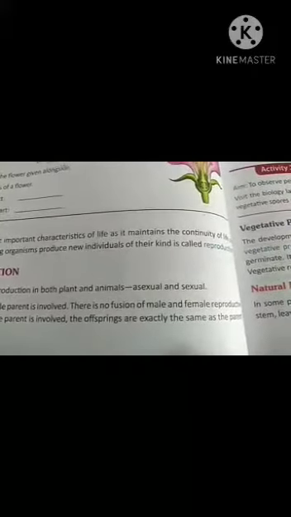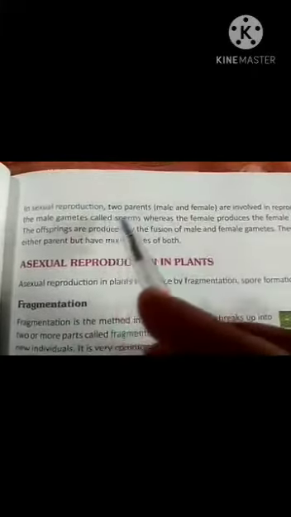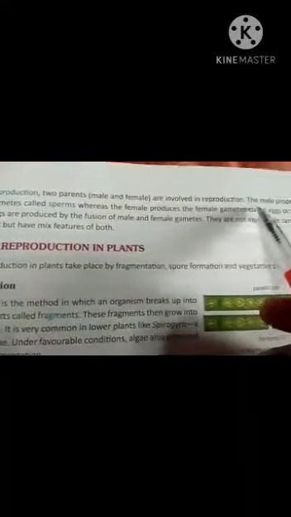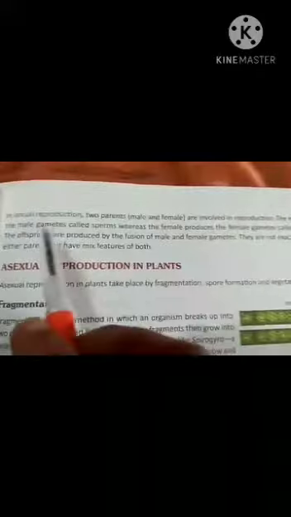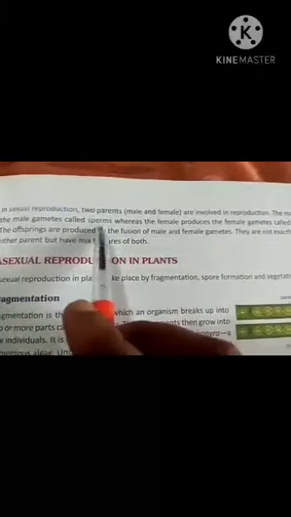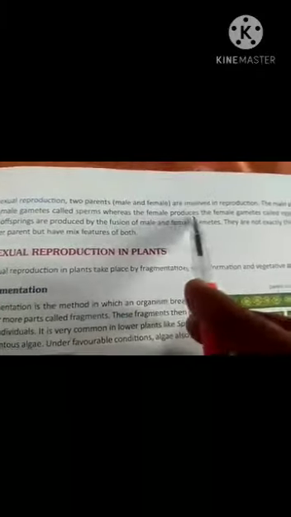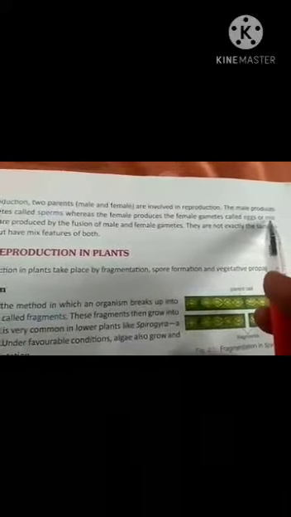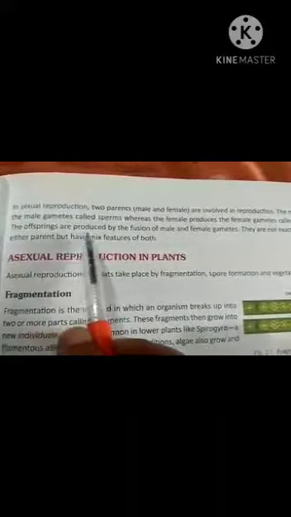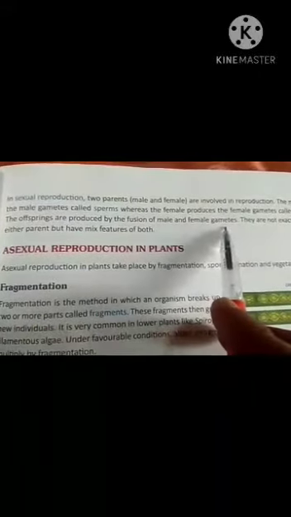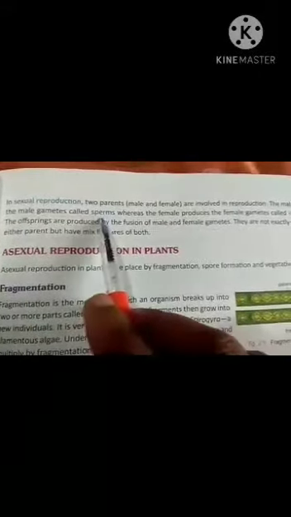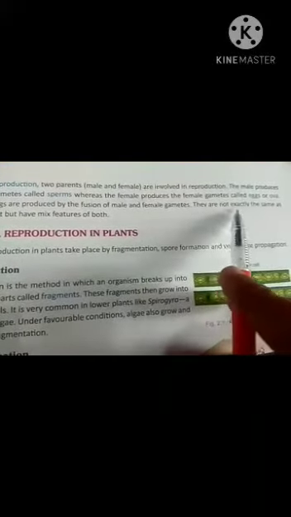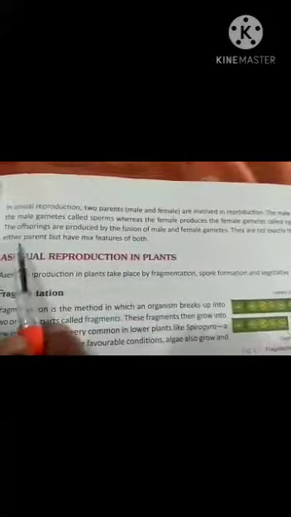Whereas in the case of sexual reproduction, two parents, that is, one male and one female, are involved in reproduction. The male produces the male gametes called sperms, whereas the female produces the female gamete called eggs or ova. The offspring are produced by the fusion of male and female gametes. So when a sperm fuses with the egg, the offspring are not exactly the same as either parent but have